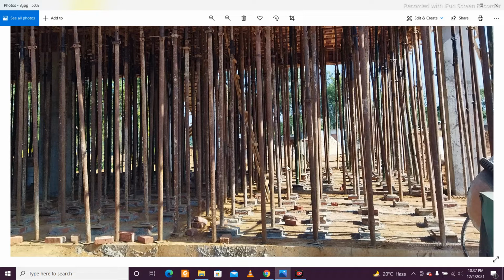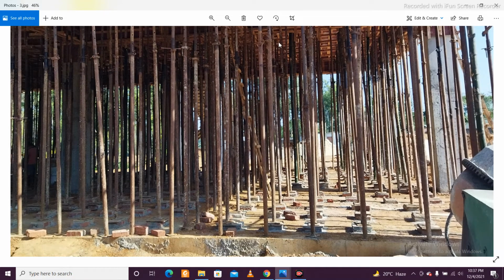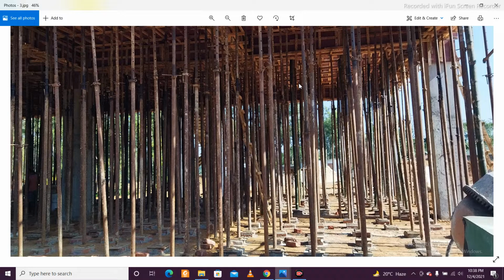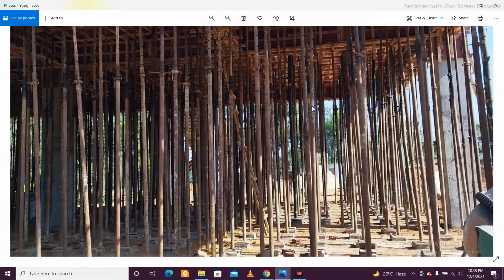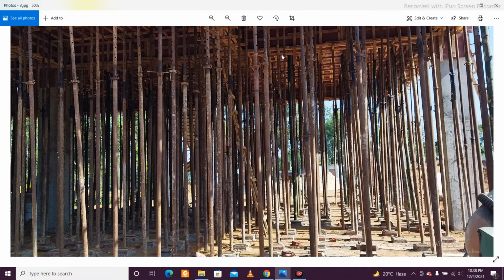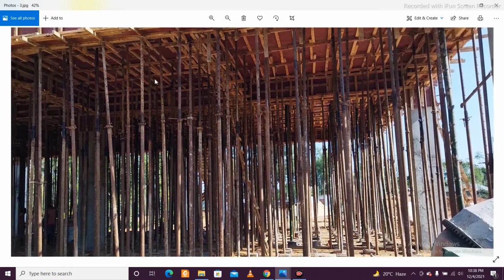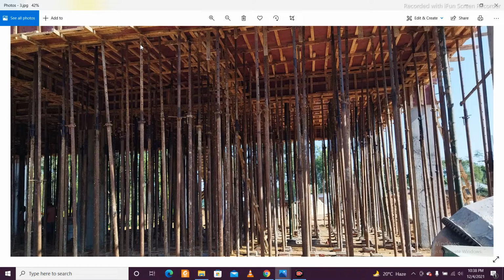First of all, you need to see that any prop is not more than 2 feet distance. So basically 2 feet is the average. There is not any rule in that, but 2 feet is the maximum generally for safety purposes. If you keep less than 2 feet, 1 feet 6 inches or something, then it can be better. So a maximum of 2 feet space should be between two props from the roof, like the distance from this prop to this prop, maximum 2 feet.